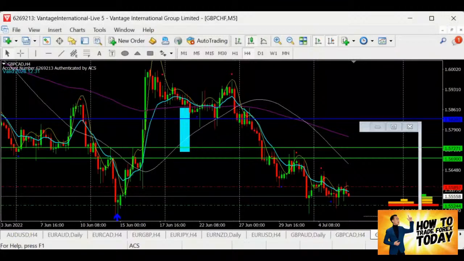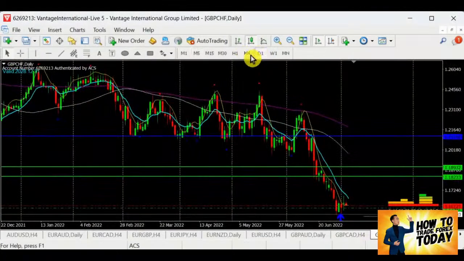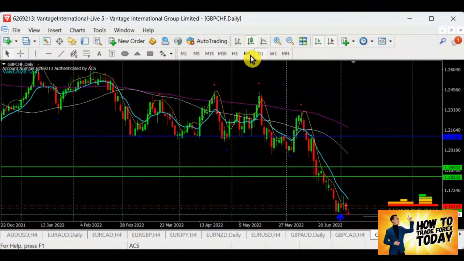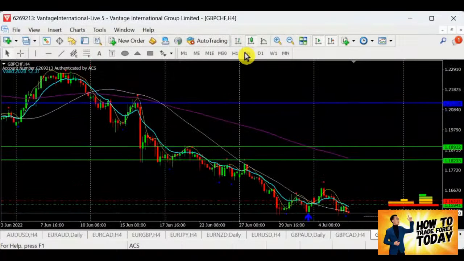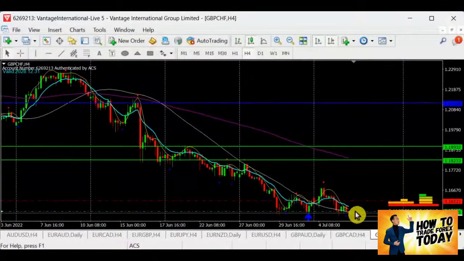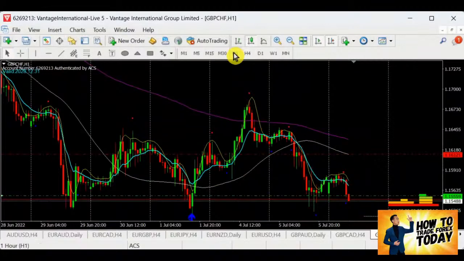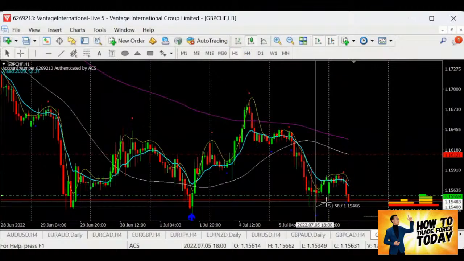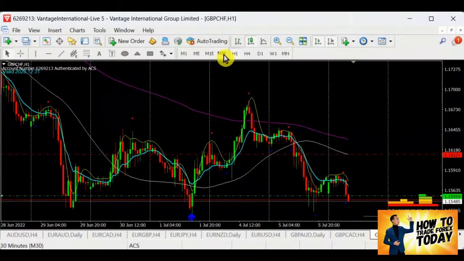So Pound Franc, let's take a look at Pound Franc. We are in the selling. Yes, we are still in the selling. That's pretty good. Right now, with Pound Franc, we are on the support, which is not very ideal yet. I'm waiting for it to break the support first with a new resistance below, then we start selling, and then I guess this is good. So tentatively, it is still going to test the support. Quite near, I'm within 10 pips. So I prefer to wait for it to break the support first.